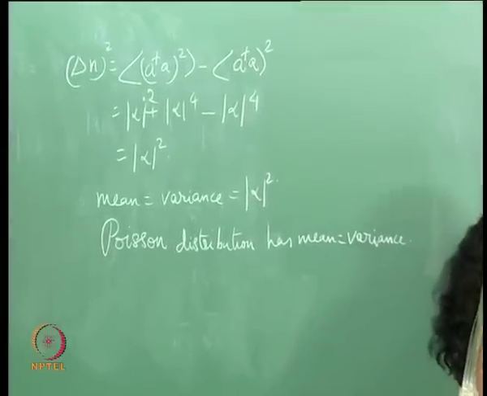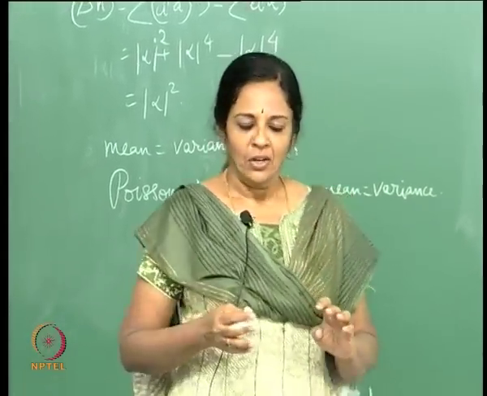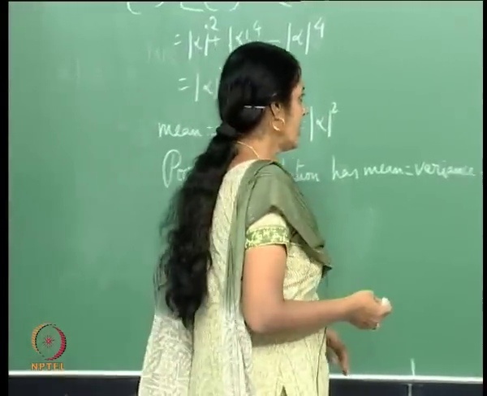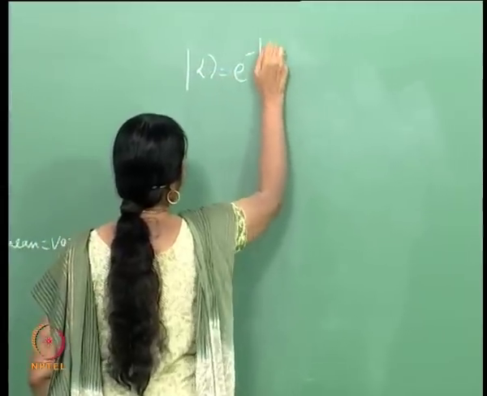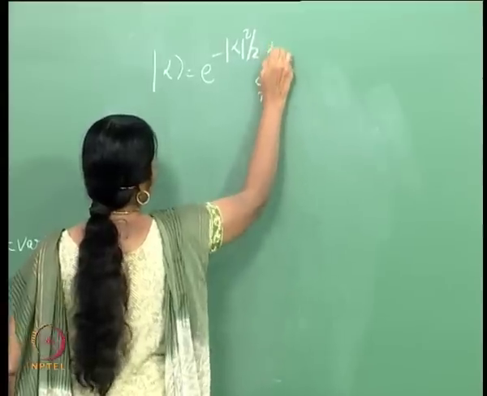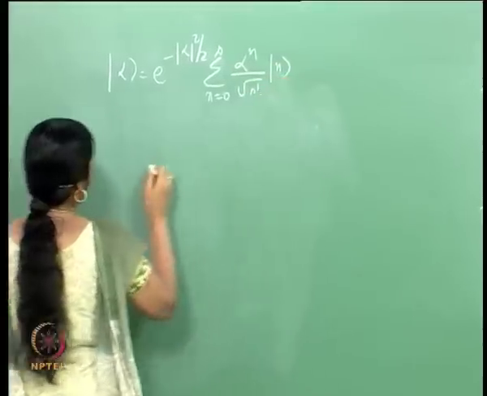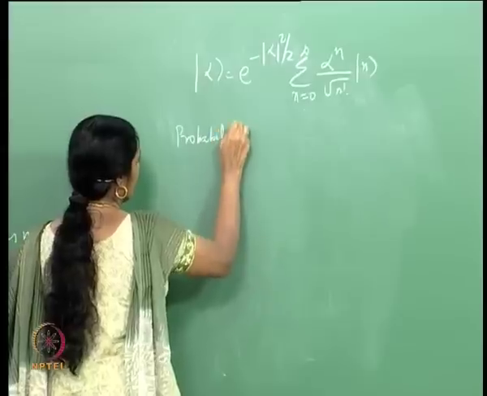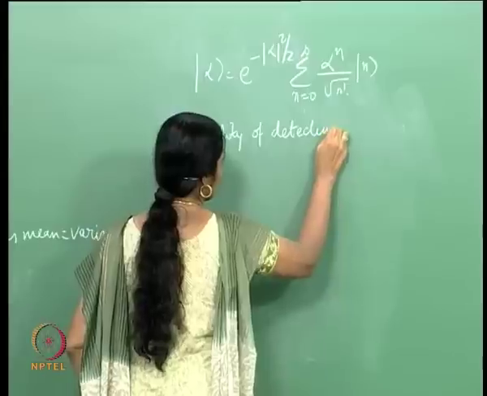I could do better. I could find out the probability of detecting m photons in the state ket alpha. Since ket alpha is an infinite superposition of photon number states, the normalized state is given by this. The probability of detecting m photons